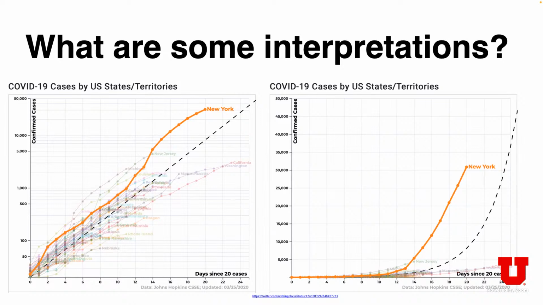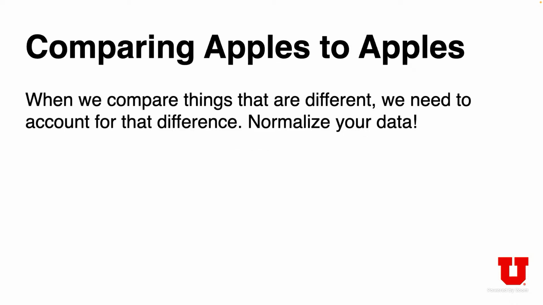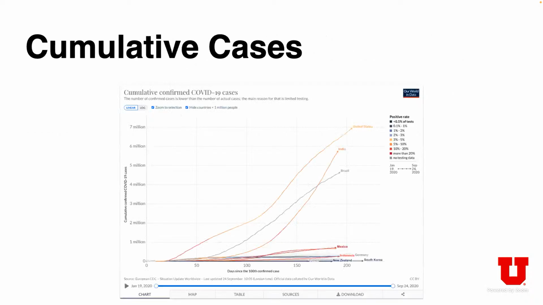Since we're on the topic of all these COVID curves, normalization is another important consideration. So you always want to compare apples to apples, right? You don't want to compare values that are not necessarily comparable, again, depending on the insight. So if we go back to a COVID chart here, this chart shows cumulative cases in different countries not